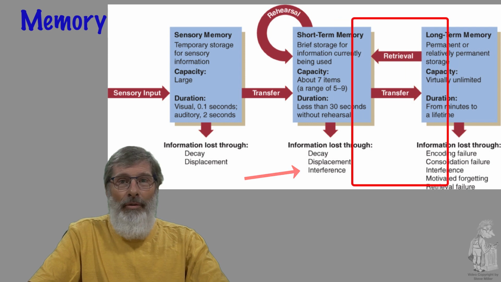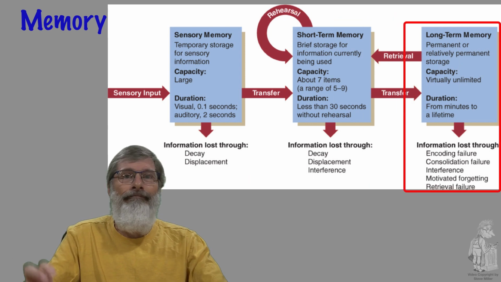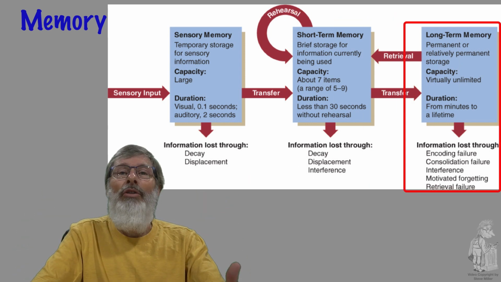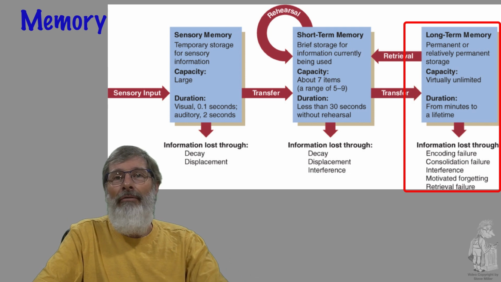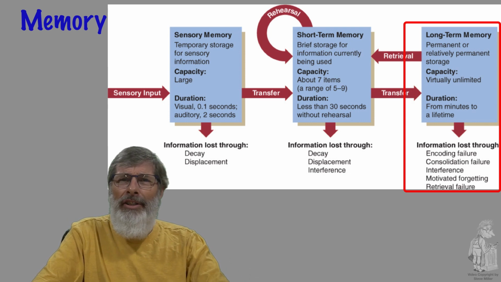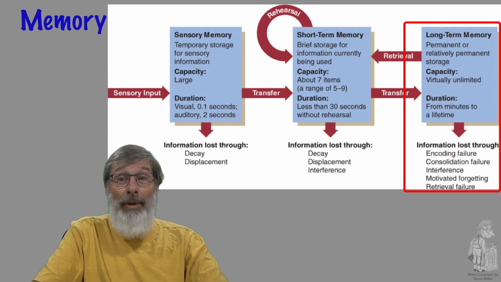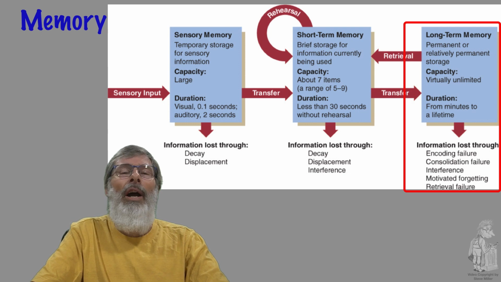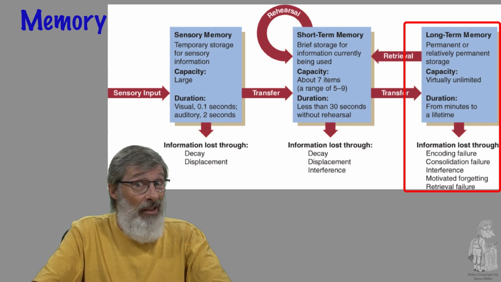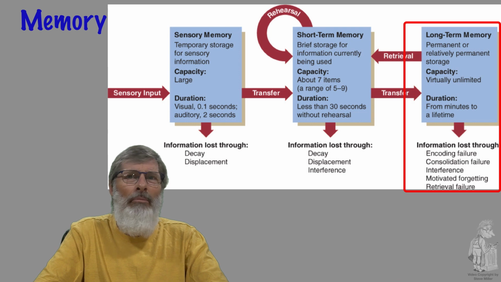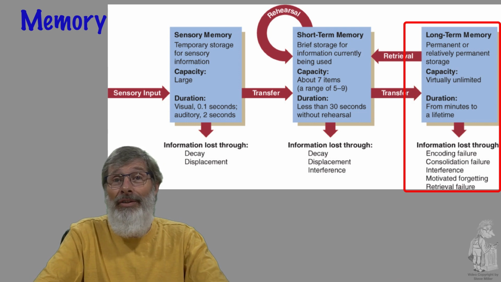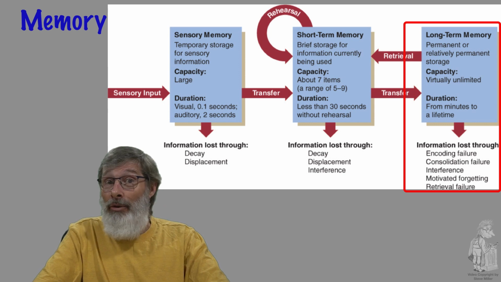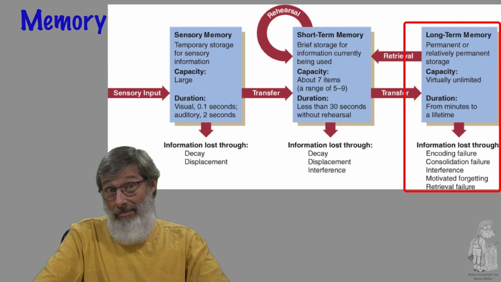Now, the long-term memory, this is your memory's hard drive. Long-term memory is the third stage of information processing. Freud and some of the others felt that information could be kept in long-term memory permanently. Think of your long-term memory as a vast storehouse of information, the general and the specific, containing names, dates, places, past experiences, knowledge you have acquired. We might not be able to retrieve specific memories, though.